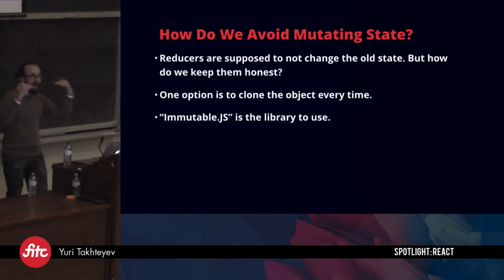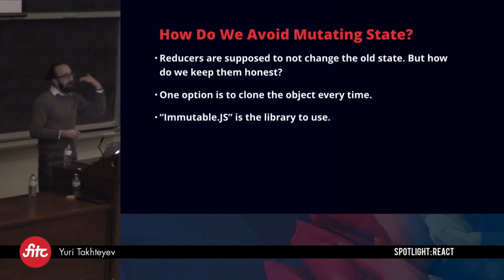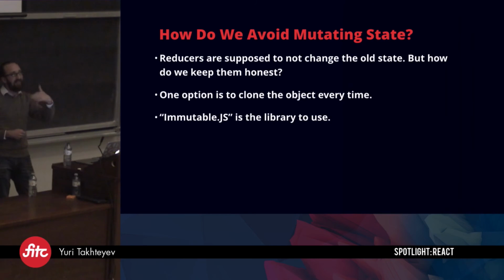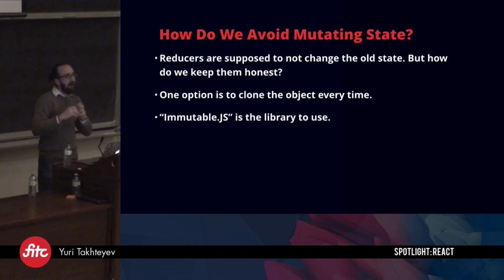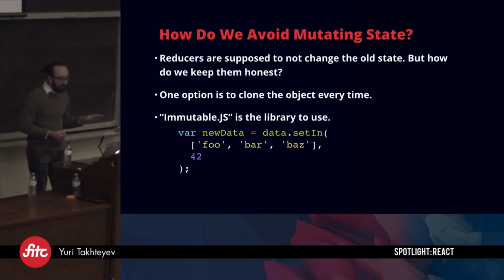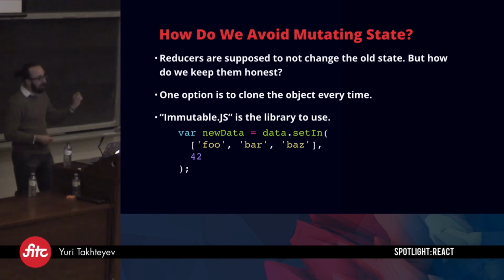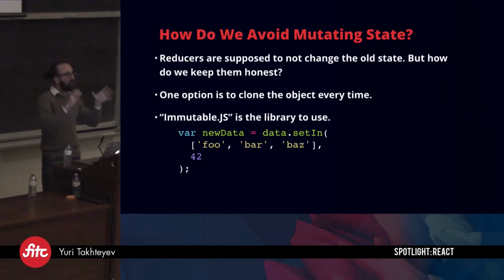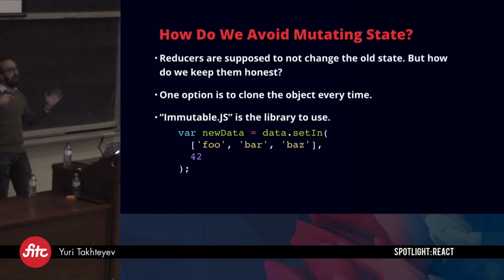Immutable.js is a library that is perfect for that, and it allows you to make modifications to an existing data structure and generate derived versions of it without actually affecting the data structure that you had to begin with. So the way this looks in Immutable.js is, let's say you want to set a value, you have some data, you call data.setIn. You provide the path, you want foo.bar.buzz to be 42, so you provide the path as an array, and you provide 42. It's a somewhat awkward way of calling it, perhaps, compared to just doing data.foo.bar.buzz equals 42, but it gives you an amazing benefit, which is that the data object is not modified in the process. So whoever had access to your data object, if they were to try to pull information out of it, will get the exact same thing as they would have gotten before,